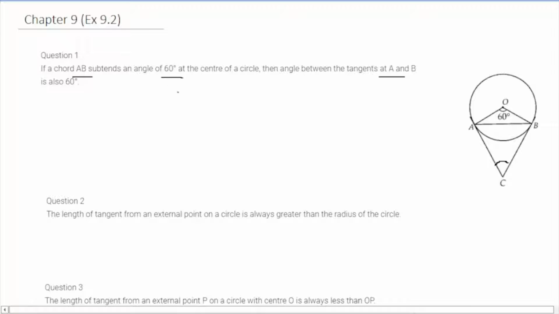So what can we say about the measure of the angle OAC? AC is the tangent to the circle, and A is the point of contact, and OA is the radius. So it means OAC will be 90 degrees. Similarly, angle OBC will also be 90 degrees because BC is the tangent to the circle and OB is the radius. So now in quadrilateral